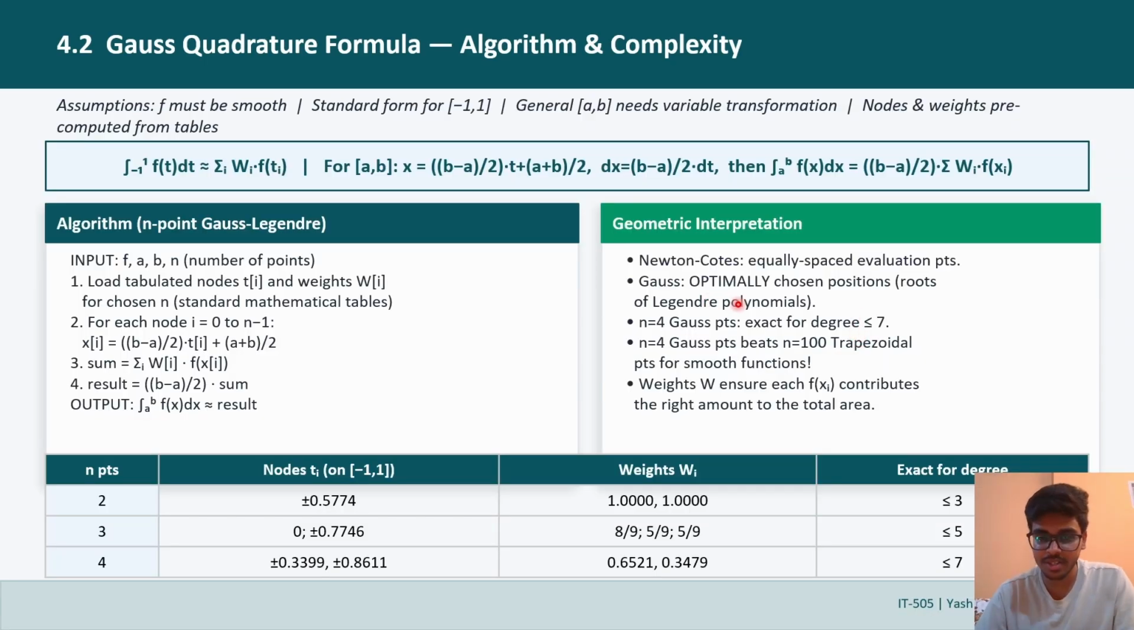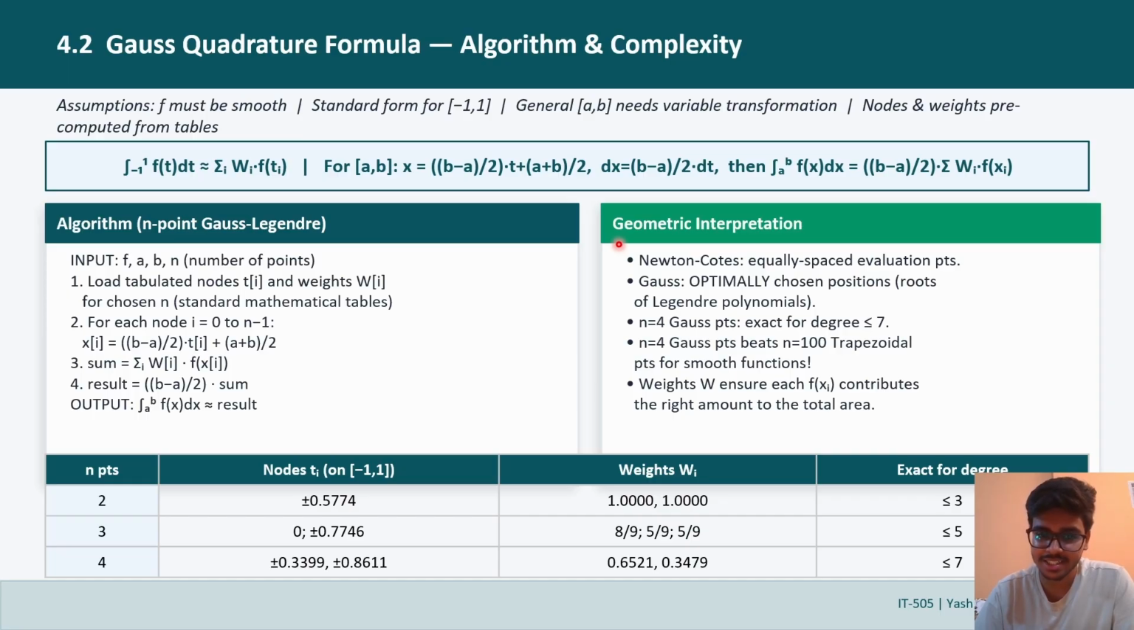So our geometrical interpretation. The Newton-Cotes method places evaluation points equally spaced, a human-friendly choice. But Gauss quadrature asks a deeper question: what are the optimal positions to sample f? Ones that give the highest possible accuracy. The answer is the roots of Legendre polynomials. By choosing these special positions, clustered toward the center and endpoints, and pairing them with carefully computed weights,